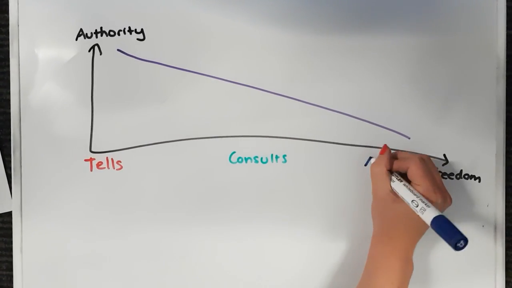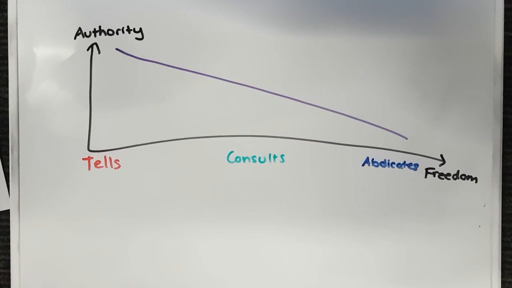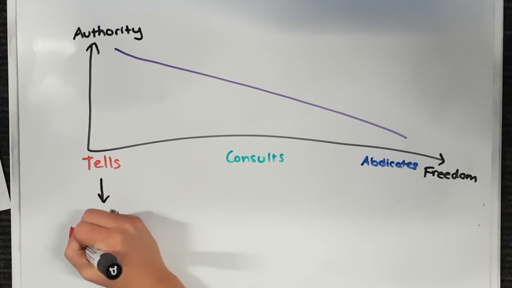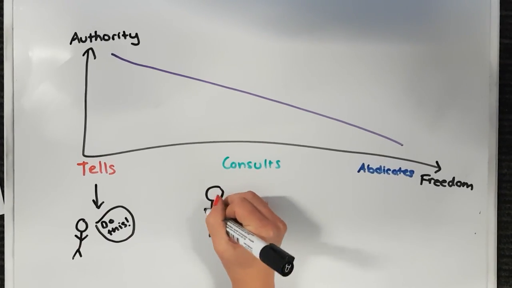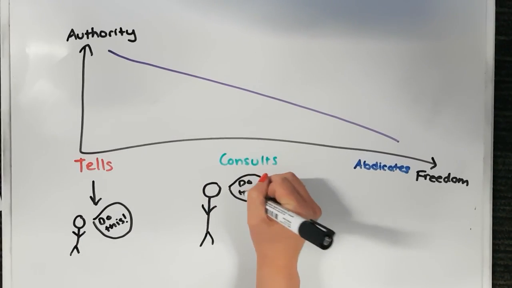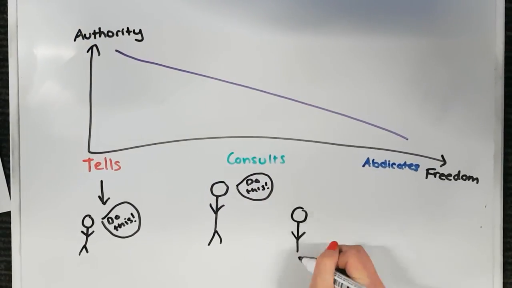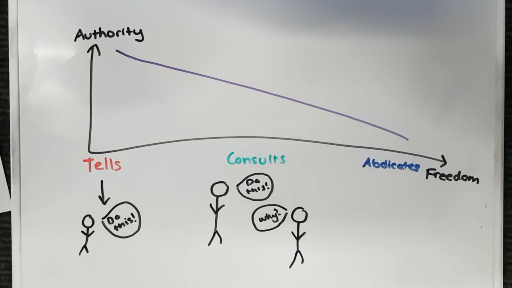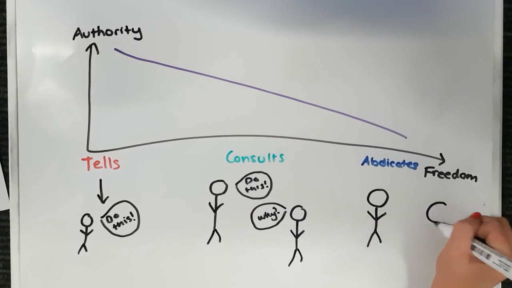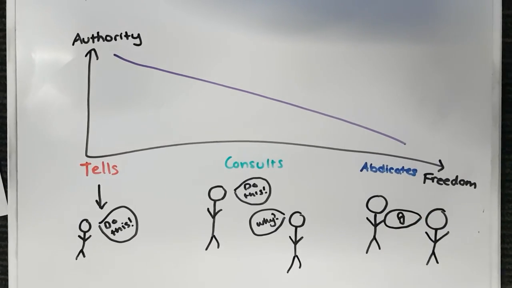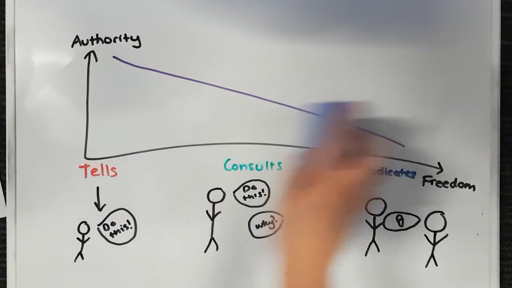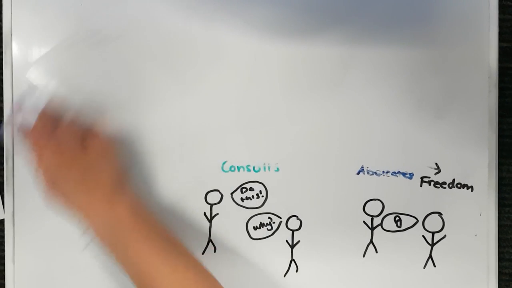By allowing freedom but still maintaining authority, the leadership develops into a consulting style. This involves leaders giving instructions but also giving subordinates opportunities to ask questions and have discussions. At this point, a balance between authority and freedom is reached. When employees have a lot of freedom and little authority, then the abdicate leadership style is achieved. This is great for creative thinking because the manager allows the team to develop ideas and solutions on their own.